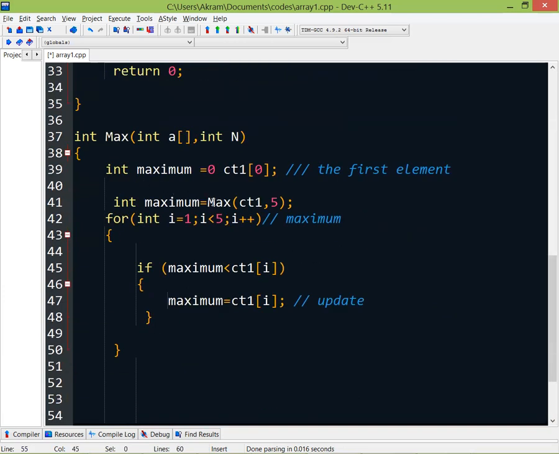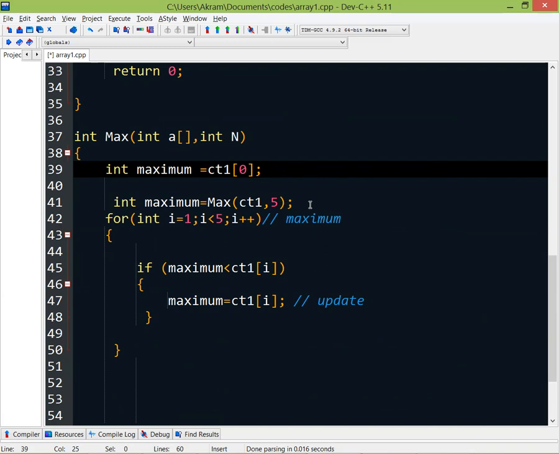So for integer maximum, we just share integer maximum is equal to what? ct1. So this is the case. First element, we don't need to repeat it. Already we know about this. And we